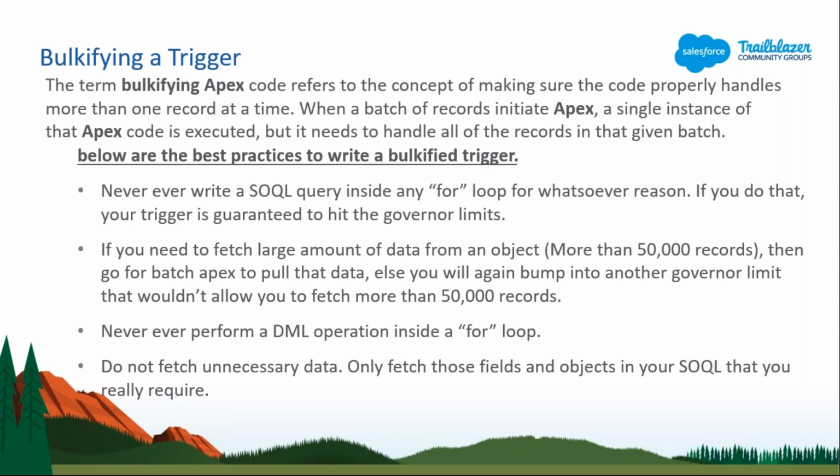Let's say I'm inserting a single record into an account or contact or any kind of object, so that will work on that single record only. But if I bulkify that trigger, then if I add more than one record, that trigger will be fired on all the records, like all 10 records, and the trigger should work.